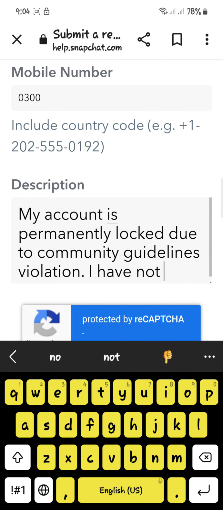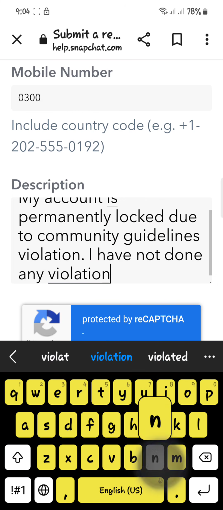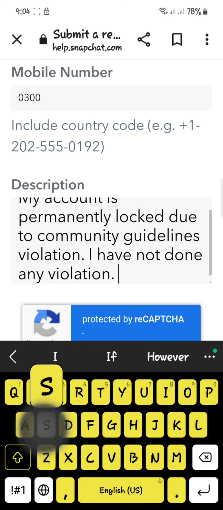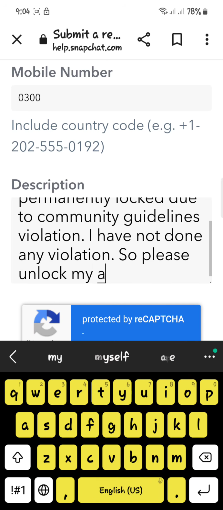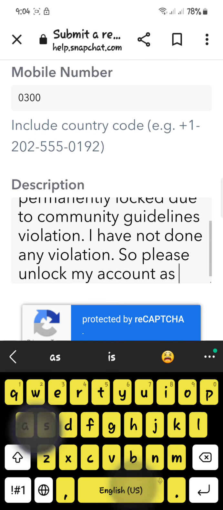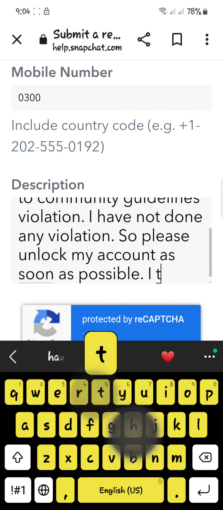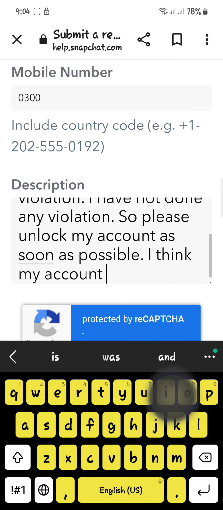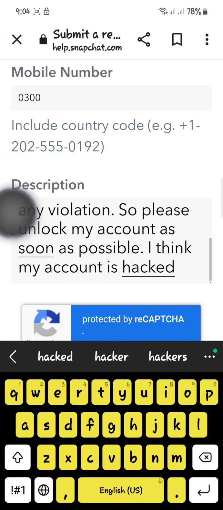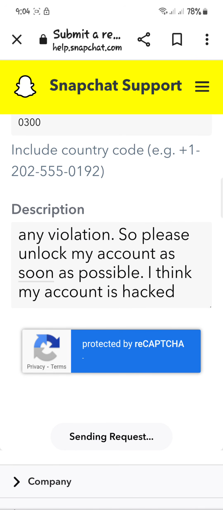I have not done any violation, so please unlock my account as soon as possible. I think my account is hacked. After giving this description, you have to click on submit, and your account will be unlocked